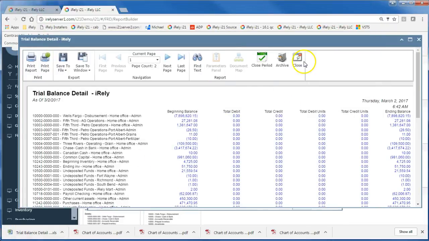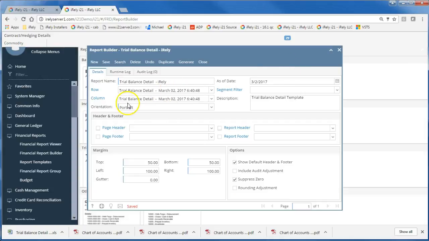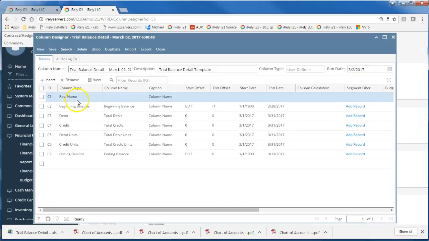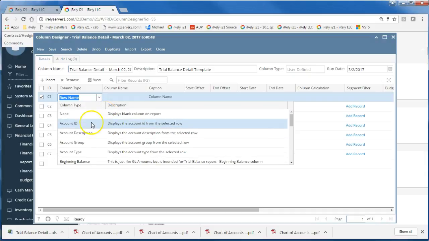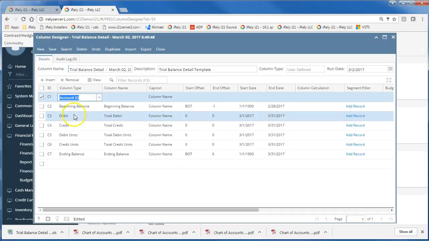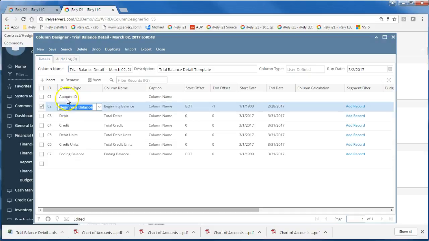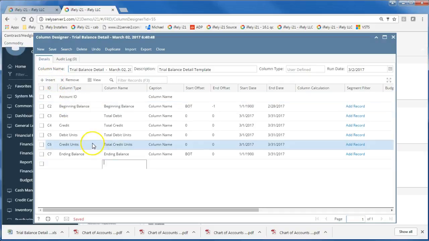So we go into the design of the report, and we're going to change up the system created design. And I do that in columns because the rows of the report are the rows that actually show me the accounts I'm selecting, and the columns show me for what date range I'm selecting it for and how I'm going to present it. So you'll note that the first column inside of my report is row name. I'm going to change that row name to GL account, right? So I can look at the general ledger account ID and I can put that in the first column. Now, if I go in here and I say insert another line,